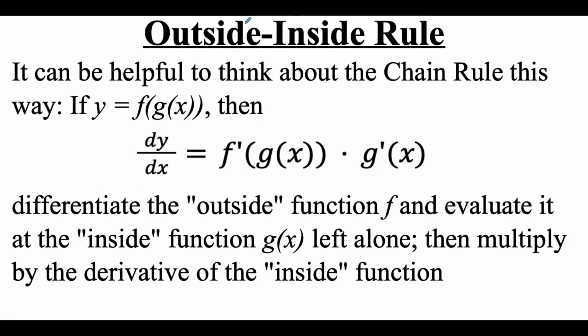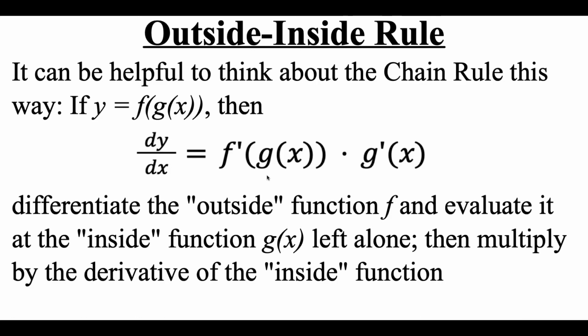Now, some people like to call the chain rule the outside-inside rule. If we're thinking about our composition as f of g of x, where we've got this outer function and this inner function, the chain rule, like we've been doing, said do the outside derivative first, differentiate the outside function, but then leave the inside stuff the same. So we're evaluating it at the inner function, but then as a multiplier,